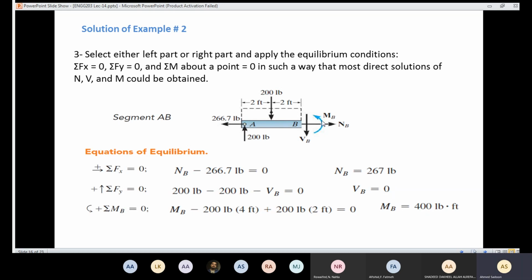So now I calculated NB, which is here. I calculated VB, which is here, and I evaluated the value of MB. Now the material should be able to handle all these internal forces. Otherwise, failure is going to take place. So that is why calculating the internal forces is a very important process. So now I'm going to give you the chance in order to